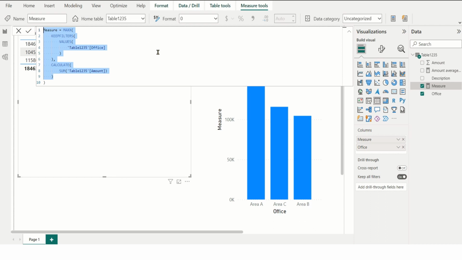Now sometimes there could be 1 or 2 mistakes with the measure that is created by the Copilot. And so in that case, you need to be able to have a little bit of DAX understanding to be able to correct the formula and then go ahead. And in all, this is good